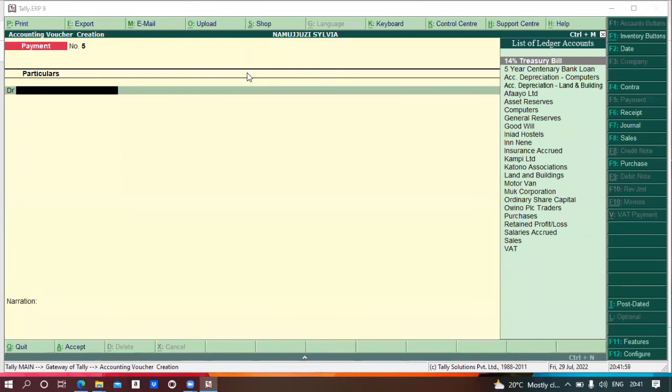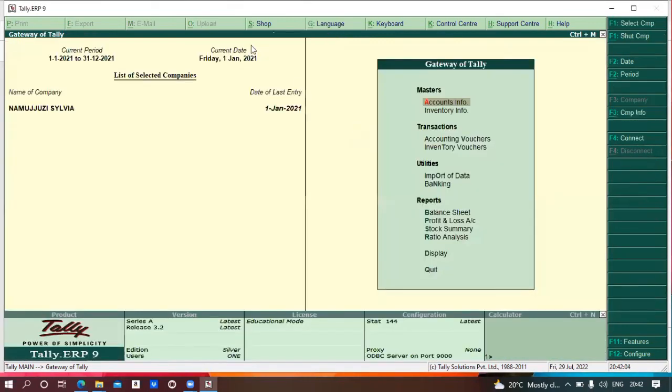You can see that, okay, it was from Baroda, not Echo. Fine, we can edit it. So how do I edit it? Someone is just telling me that the purchase of the motor van was from Baroda, not Echo. I can edit it. I can come back to display